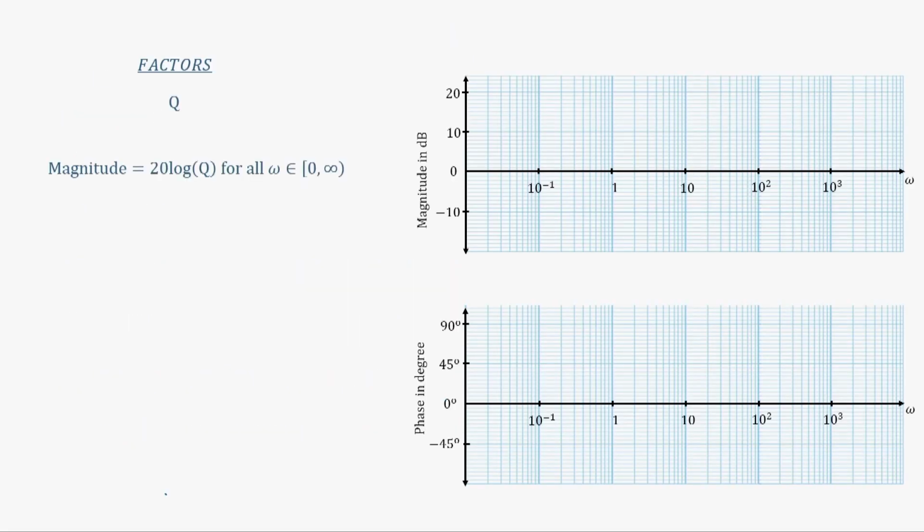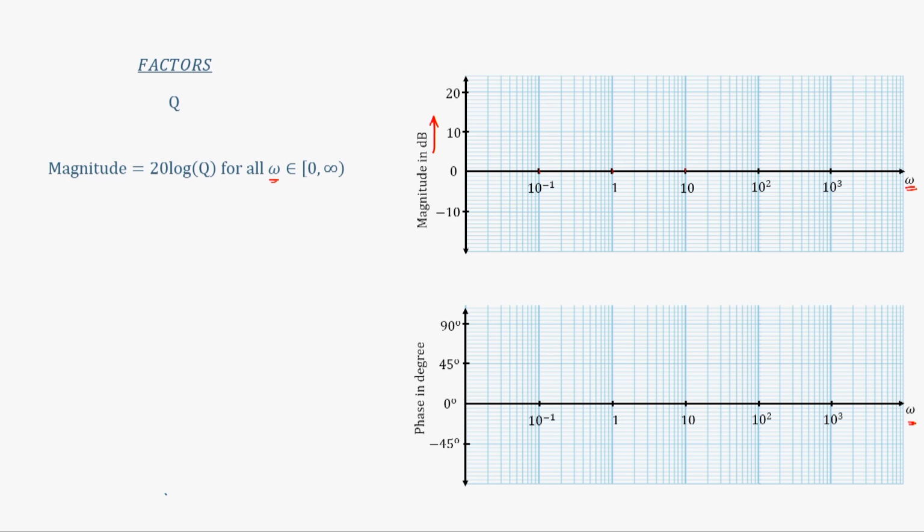So, the first factor was q. Now, if your transfer function is just q, then what is the magnitude? 20 log of q, and it does not even depend on omega. So, for all values of omega the magnitude will be 20 log of q. In a Bode plot, as I had already said, we are varying omega, and the scale that we are using is a logarithmic scale, and that is why I am plotting this Bode plot on a semi log figure. Where this is 10 to the power minus 1, this is 1, this is 10. So, for each bigger division there is a decade increase in the frequency, whereas the y axis here is in